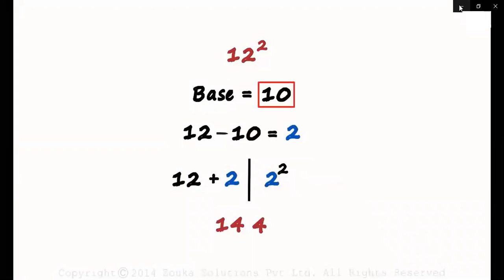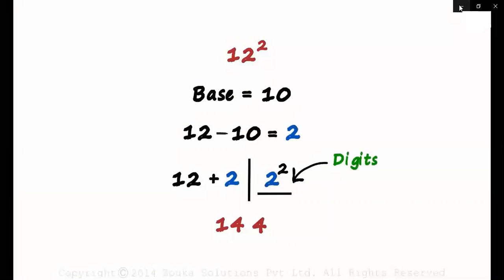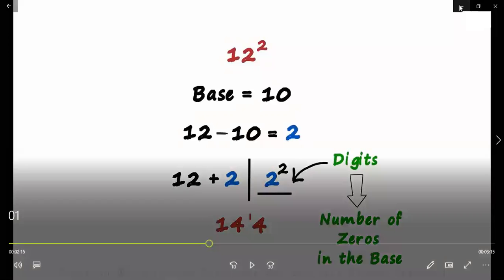Similarly, we can find the square of any given number, for 2-digit or 3-digit also, with the help of this method. So let's try this one with one more example. Okay, so these are the steps you have to follow. First of all, you have to select the base. Second, you have to find the difference between the number and the base. Third, you have to make a partition. On the left-hand side, you have to write the addition of the number and the difference. Then the fourth step, on the right-hand side, you have to write the square of the difference,